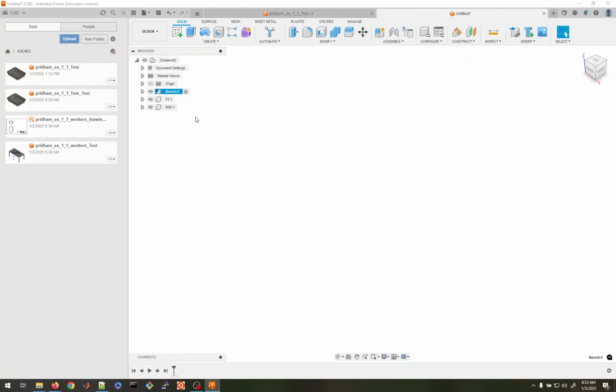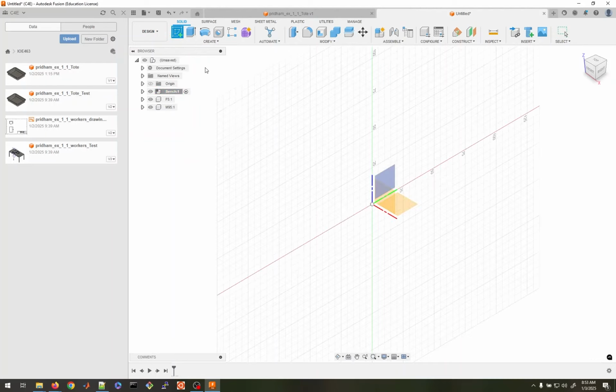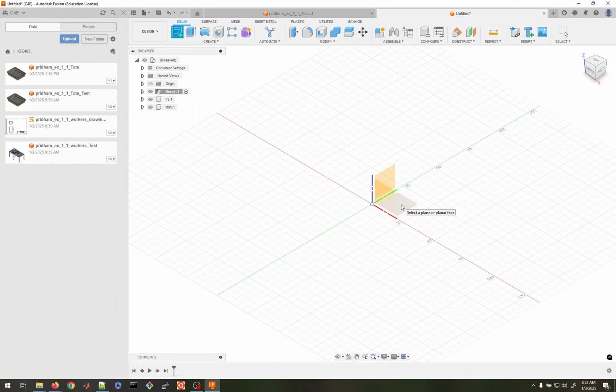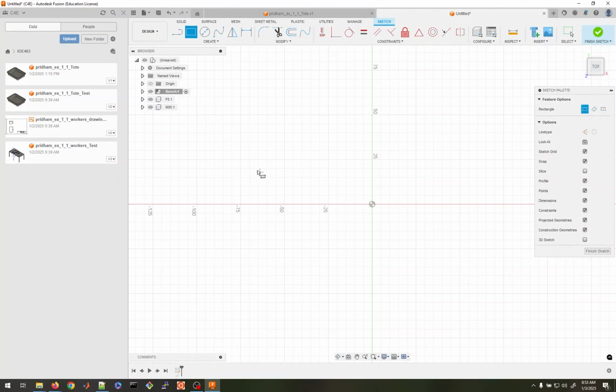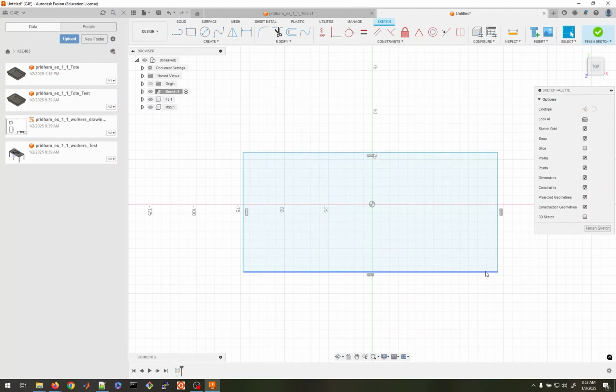So to draw the bench, we're going to start by drawing the tabletop. So if we create a sketch, and I'm working under solid this time rather than surface, just because the table is a fairly simple design. So I'm going to select the horizontal plane, and as before, I'm going to draw a rectangle, hit escape, select a line,